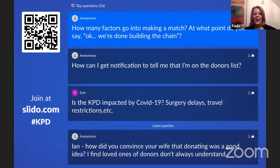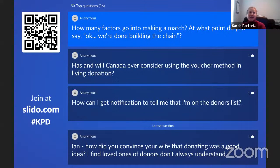And Sarah, I know that sometimes acronyms can be difficult. Remind us again what CTR is. I know at the beginning when I introduced you, I talked about CBS, and I should have said Canadian Blood Services. So what is the CTR? It is the Canadian Transplant Registry. It is an online database, kind of a magic matching matrix system that matches the donors and recipients across the country. So the information that programs put into the CTR, blood type,